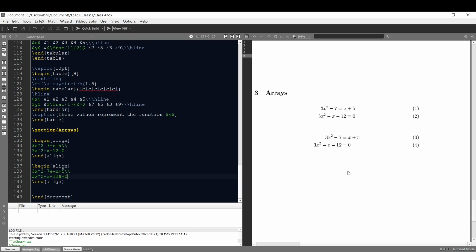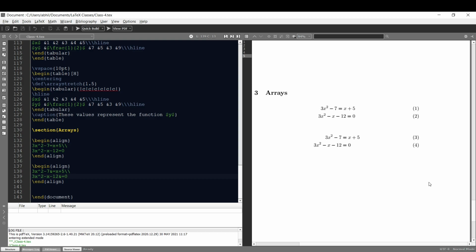Another thing you should notice is that in my second align environment, my equation numberings start from equation 3. So throughout the document, whenever we use the align environment for default numbering of equations, we don't have to worry about numbering them manually, as by default it will auto-assign the next number to our equation.